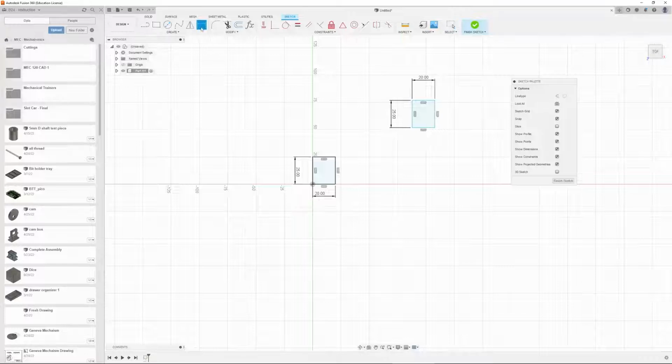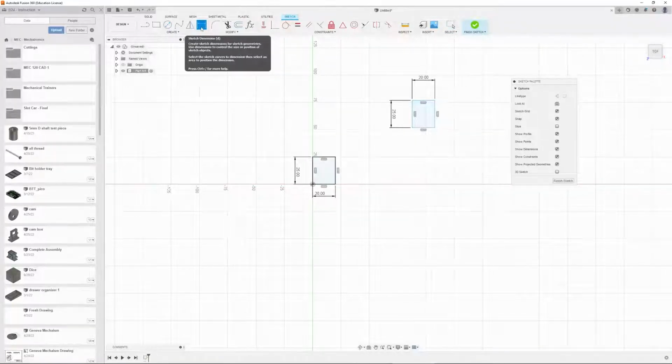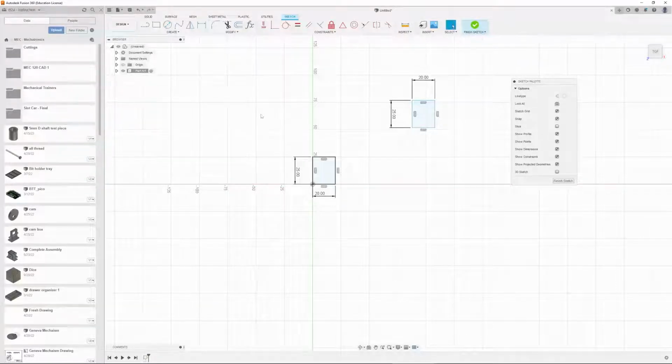We're going to select the Sketch Dimension tool from the top left side of our menu. It's located right here. The other way to access that tool is through the hotkey D, as in David. If we tap the D key, it will activate that tool. And we can simply click one of the edges and then click on the origin point,